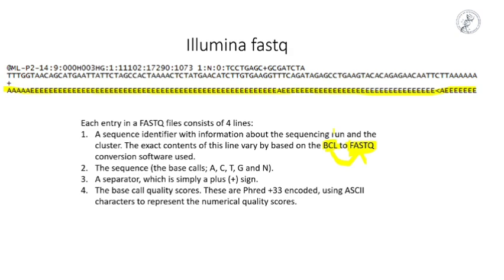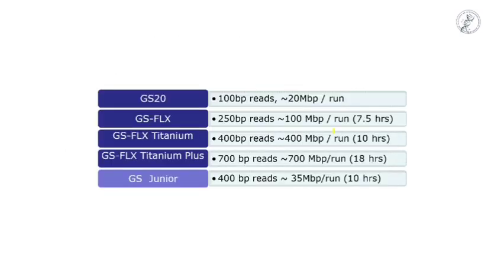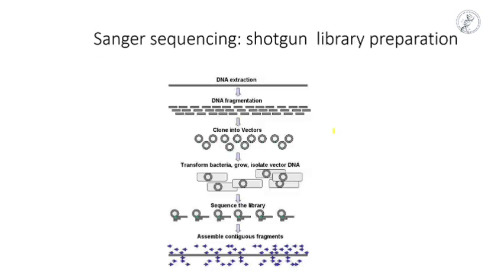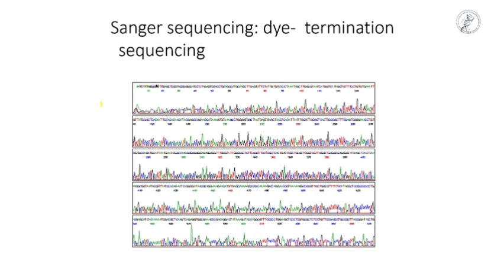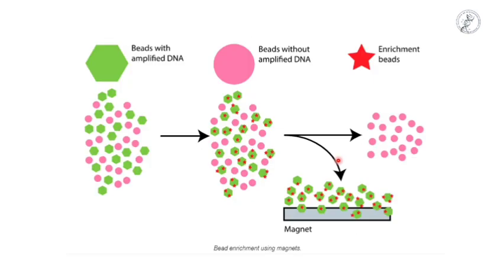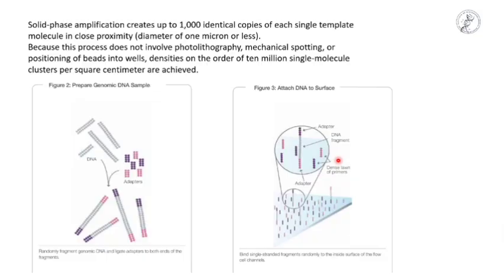How good is the quality? We can see that from this picture. If some of the peaks are overlapping, you can see overlapping peaks here. If overlapping peaks come, we are confused about the identity of that sequence. We don't know what the sequence actually is. If there is no overlapping, if only one colored peak is coming, a distinct peak, we can confirm that it is A or T. But if the peaks are overlapping, the sequence quality will be less. So like that, from the Illumina machine, the BCL format, or base calling format, will be converted to FASTQ format,